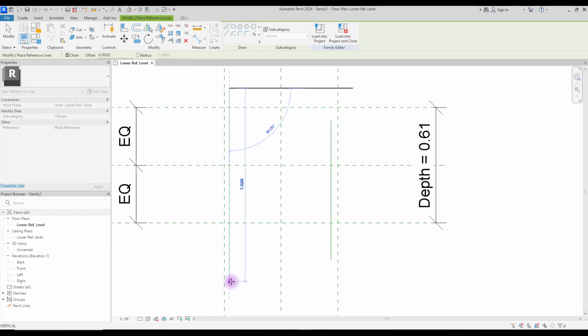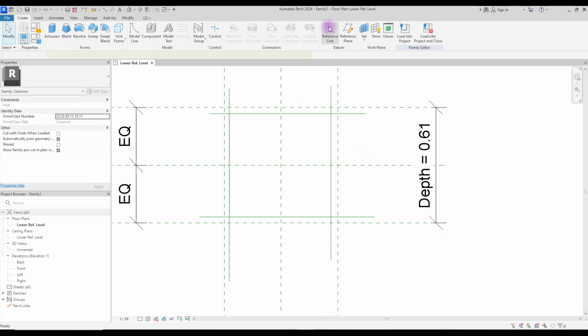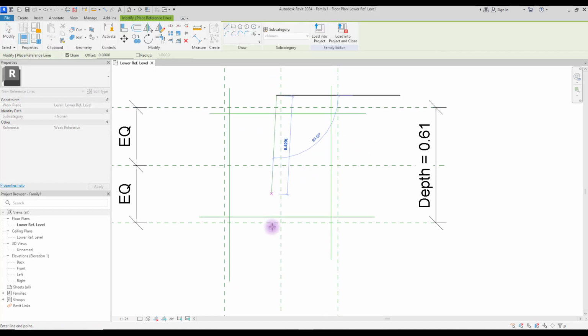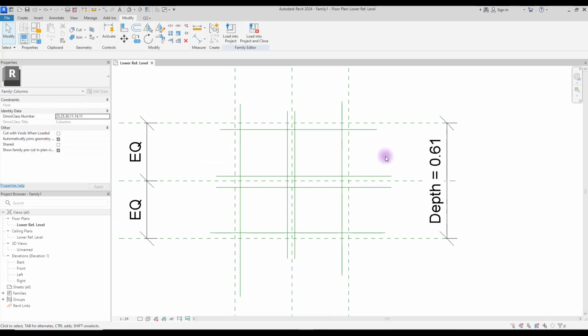one here, one here, and one here. These are for our flange. Select your reference line and create two reference lines here, which is our web, these and these. Now we need other reference lines, but if we draw reference lines again, this area will be